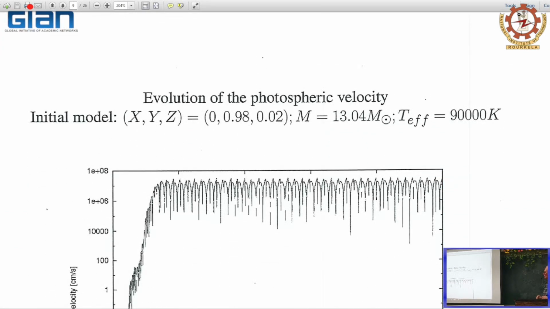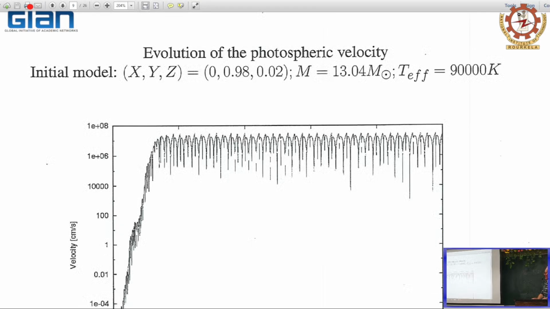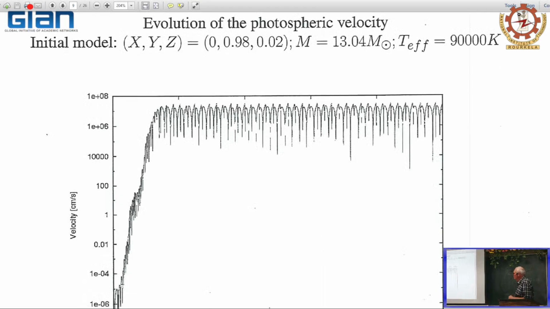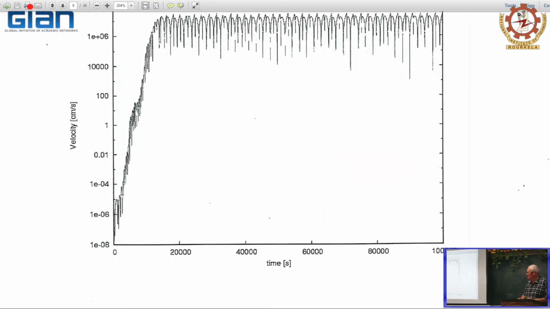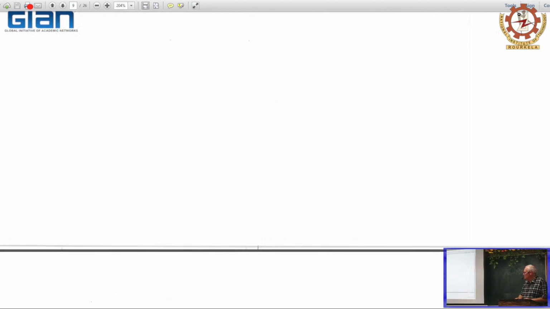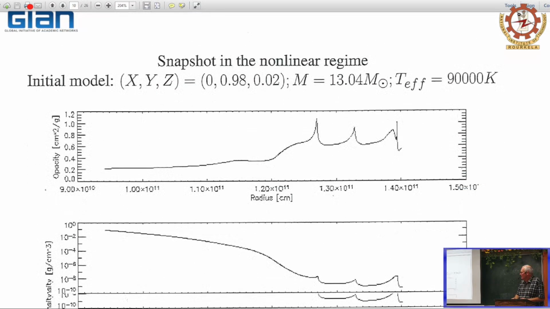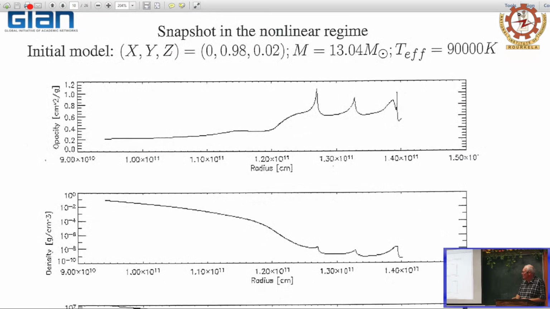Same is true here for a Wolf-Rayet star. To give you an example for the Wolf-Rayet star, also here the effect is not that pronounced, but in the nonlinear regime we have a significantly longer period than in the linear regime of exponential growth. This is a Wolf-Rayet star here, and to show you the spatial structure in the nonlinear regime, what you see here is